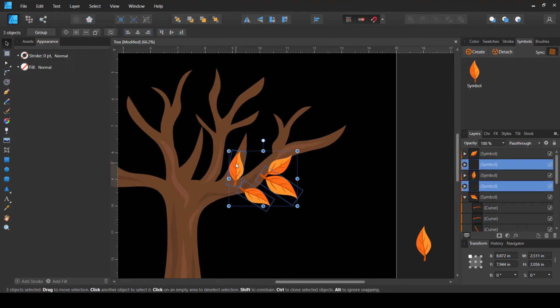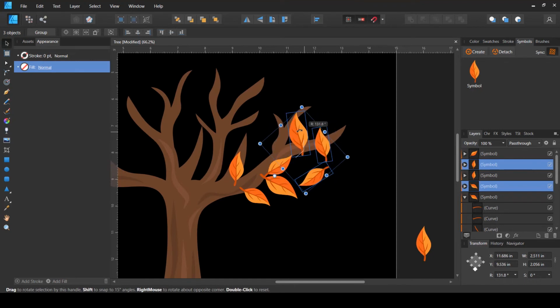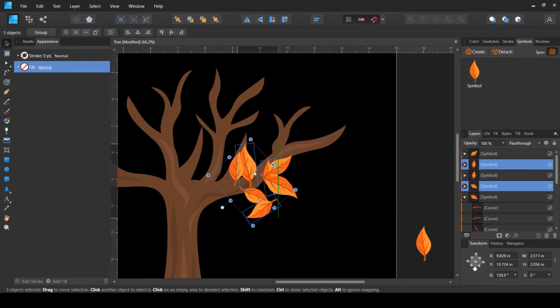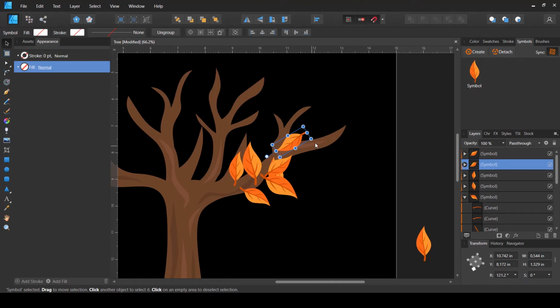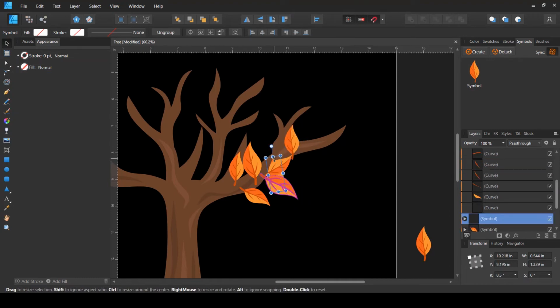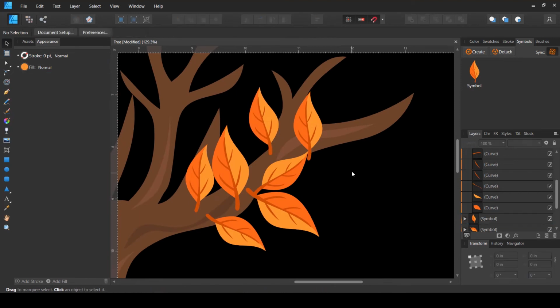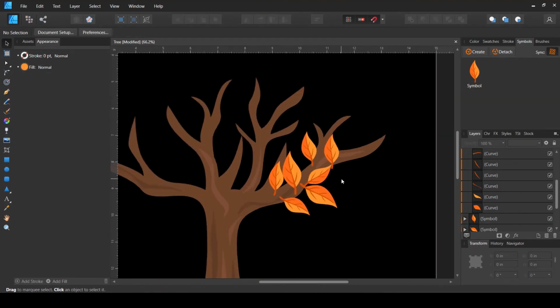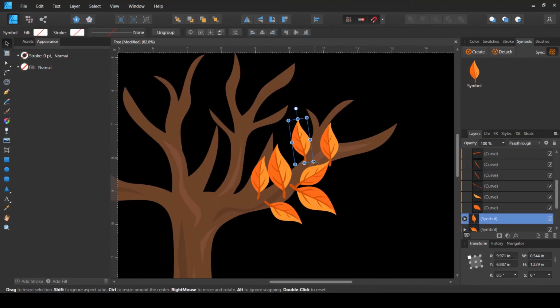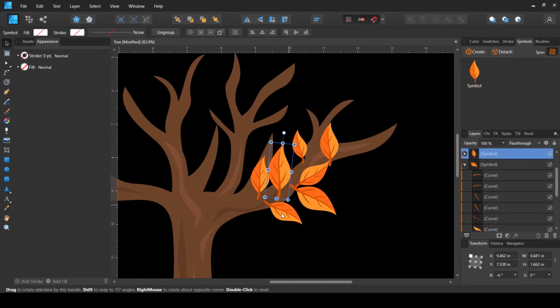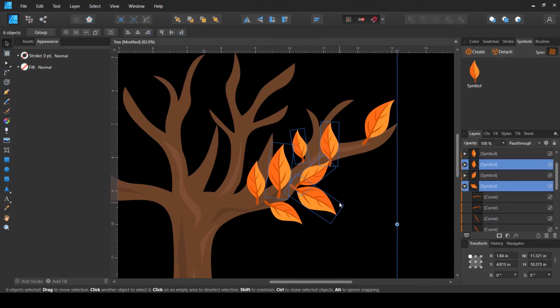Press Ctrl J to create a copy of all of these, and let's say just randomly place it in this location, moving it to another different location, and let's say just maybe move it here. So now I'm just going to fast forward because it is the same repetitive process, scaling up these leaves and repeating it at different random locations.